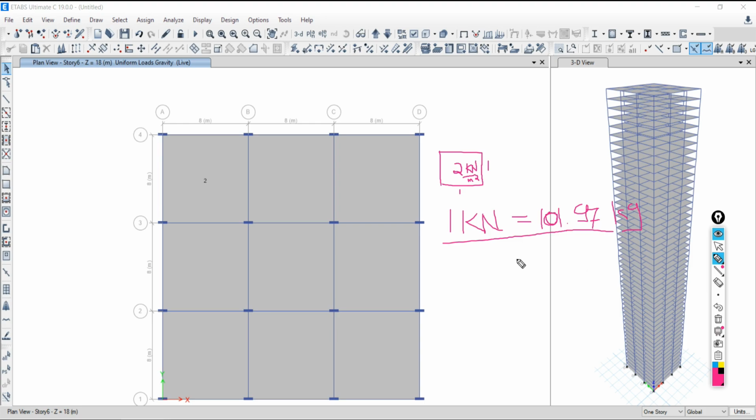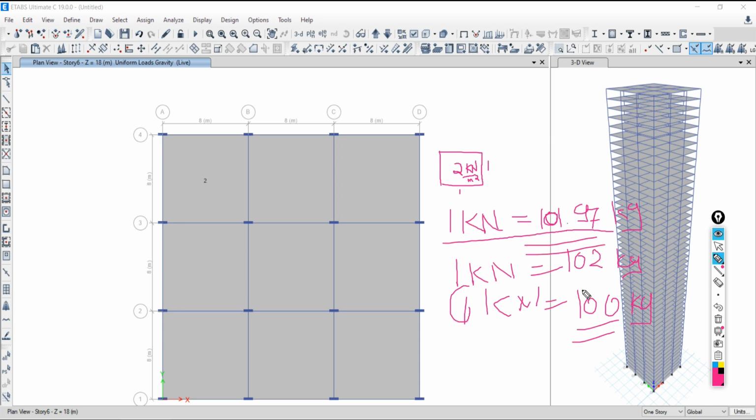If you want to round off, that will be 102 kg. Another way: sometimes for remembering purposes we consider 100 kg. So both are correct. Normally we consider 1 kilonewton equal to 100 kg. But if you want to follow the exactly correct one, 101.97 is the conversion factor.